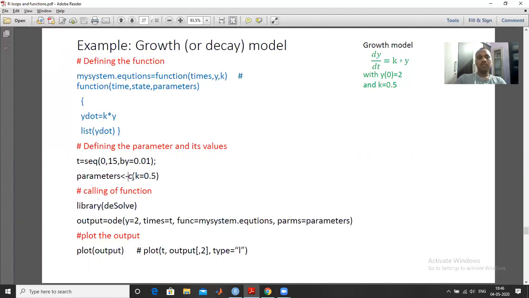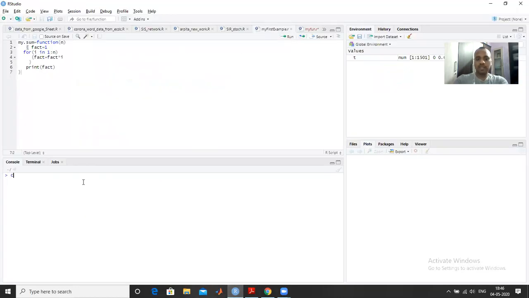What is the c? We have already discussed in the basic lecture in R. This is a combine operator which creates a vector. Suppose I write c equal to 1 comma 3 comma 4, it will generate a vector 1 3 4.